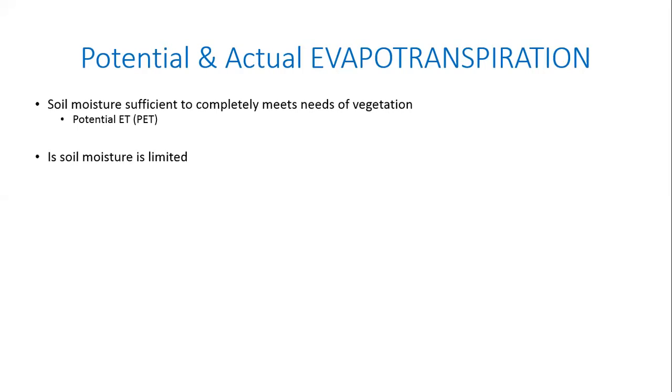If, on the other hand, the soil moisture is limited and not completely available to satisfy the needs of the vegetation, then what happens is actual evapotranspiration, or AET, right? So this AET can never be greater than PET. At most, it can be exactly equal to PET. Depending on the soil moisture, you may get evapotranspiration that at most equals potential evapotranspiration, but usually it is something less than PET, and that is what is called AET. Now there are two other concepts.